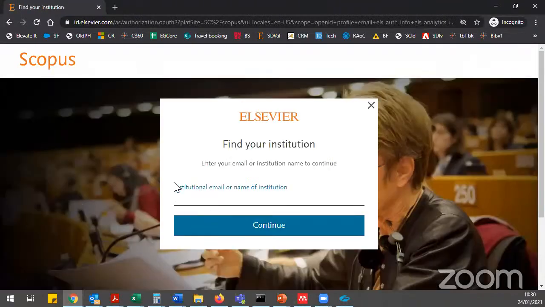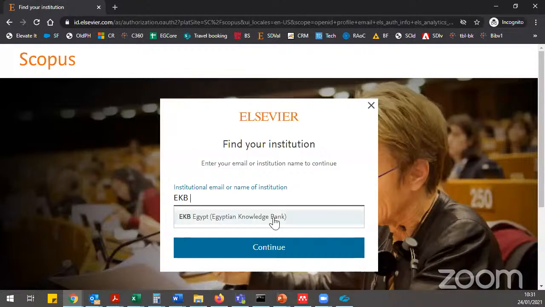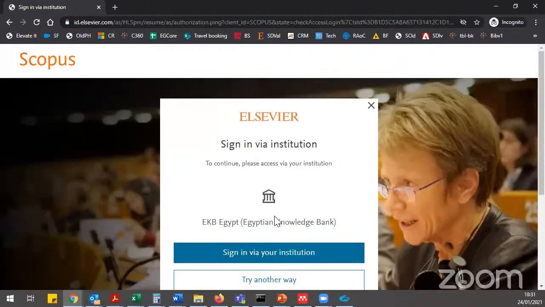And here I can either use my institutional email, or for the name of institution, for all institutions in Egypt it is EKB Egypt. So if I write down EKB Egypt and sign in via institution,